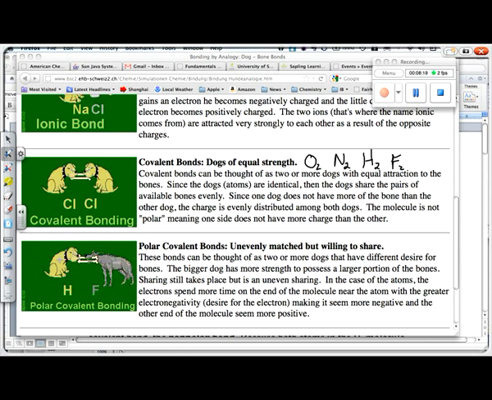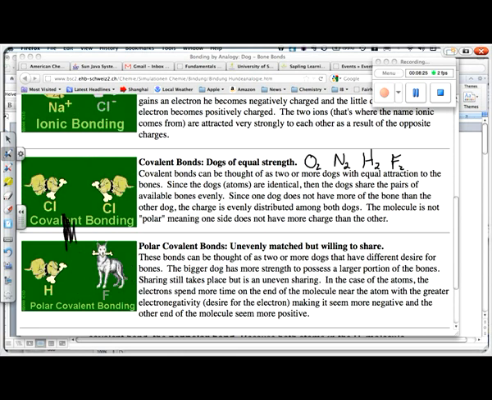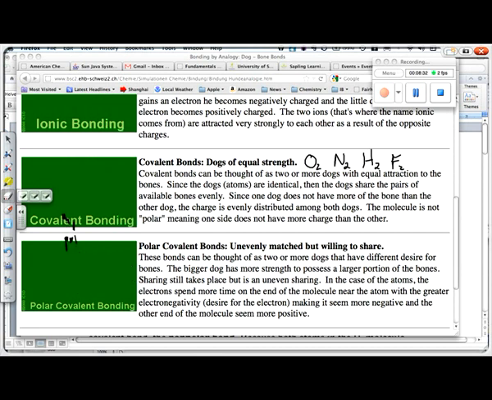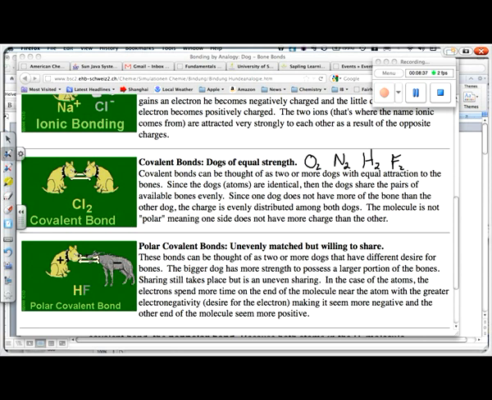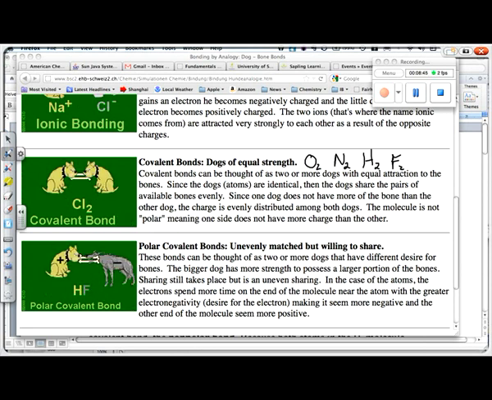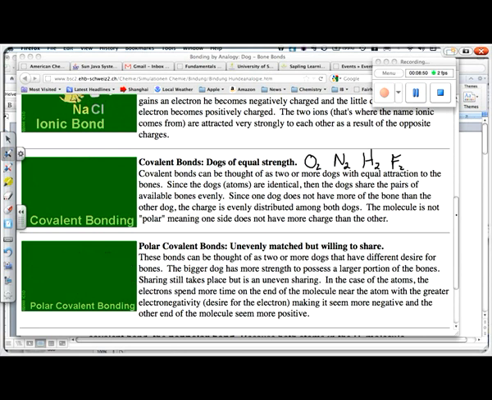If you got a group full of chemists in the room, they would argue about where the line is between pure covalent bonding and polar covalent bonding. But for the sake of giving you something to work with, we are going to give you some cutoffs, okay? Many chemists would argue, and I would probably be in that group, that unless you have exactly the same electronegativity, then it's not equal. Well, we are going to get to cases where it's not equal,